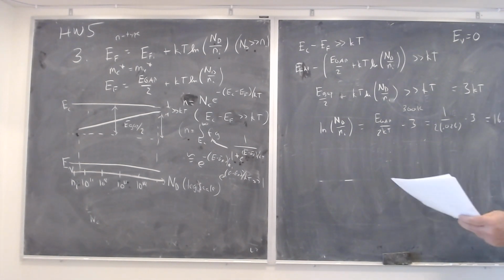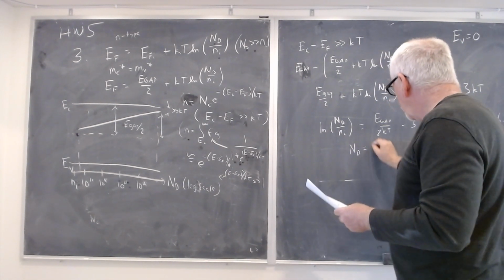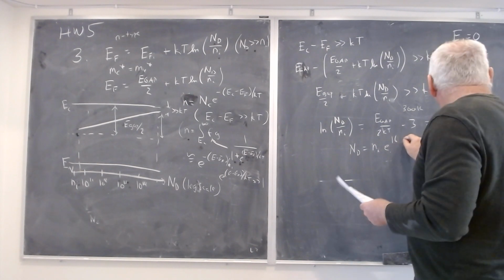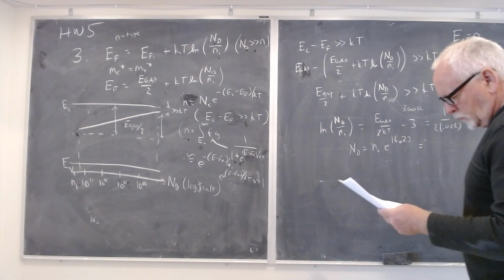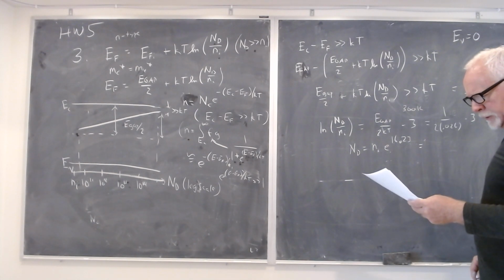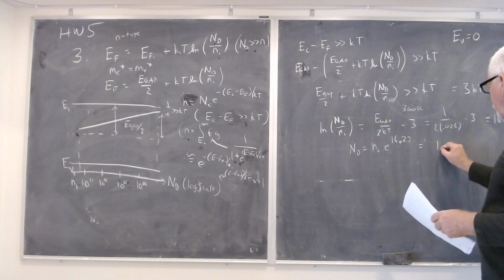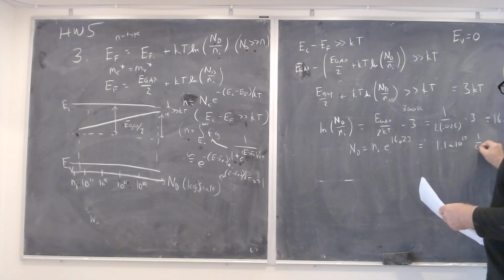So you just solve for that then. And I said Ni was 10 to the 10th, so that works out to 1.1 times 10 to the 17 per